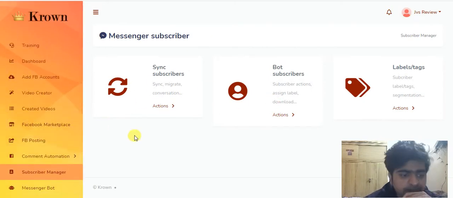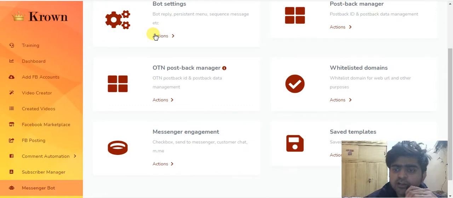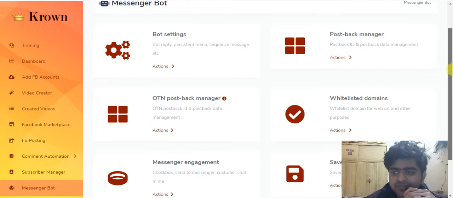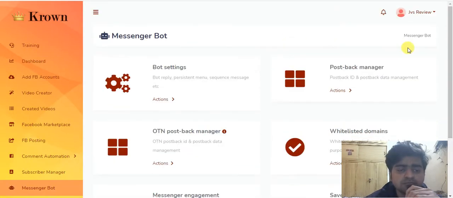Next thing is Messenger bot. Here you get multiple options: bot settings, postback manager, OTN postback manager, whitelisted domains, messenger engagement, and saved templates. Again, it provides services for Messenger as well as Facebook.